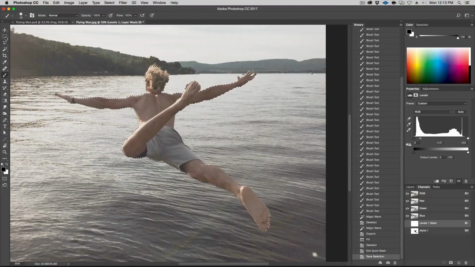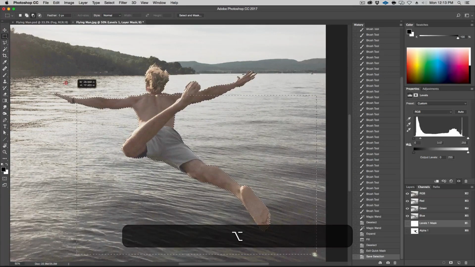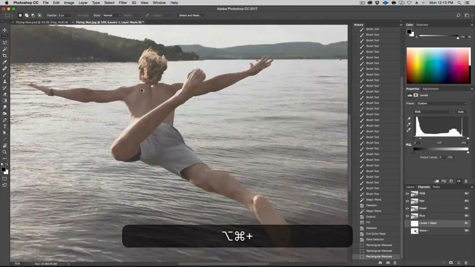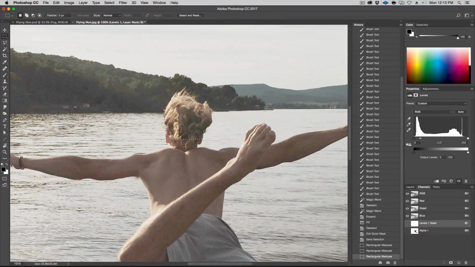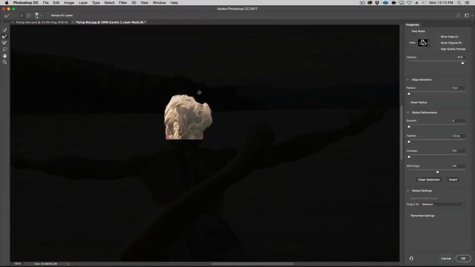What I'm going to do is, let's go out of here. And with the marquee tool, let's just minus everything right around here. I don't want this. I just want basically his head, something like this. Okay. All right, and we're going to go ahead and hit select and mask. Now, taking the Refine Edge brush tool, we're going to make this a little bigger, holding Control and Alt, and just go over these little hairs that come out here, a little bit over here. Just want to make sure we get some of the nuance of his hair.